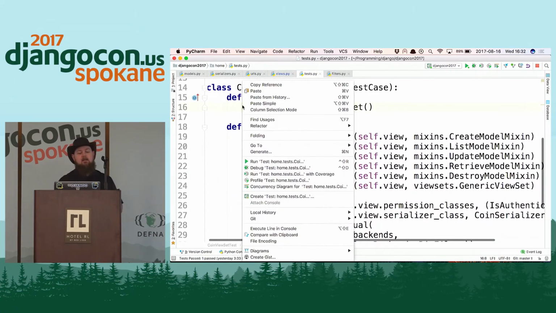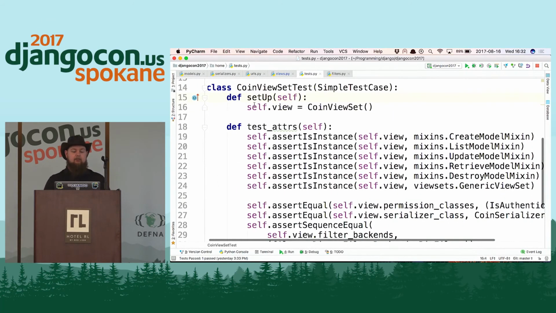Okay, so this is a test of our ViewSet. One thing that a coworker pointed out: a coworker kind of designed this pattern, and he's a super smart developer in my opinion, and I enjoy learning from him. This is his pattern, and we discussed it and came up with these conclusions. I love this, and I think it makes a lot of sense.